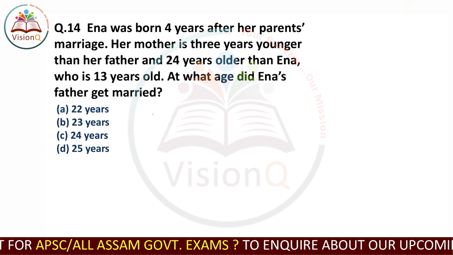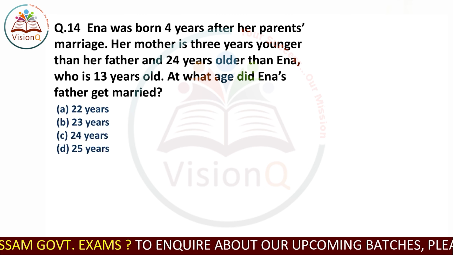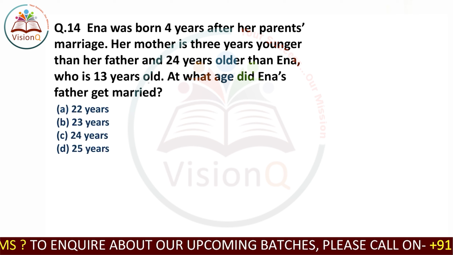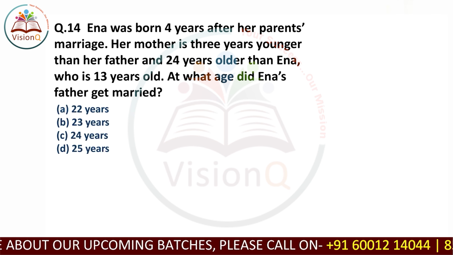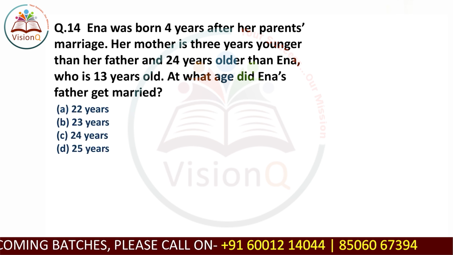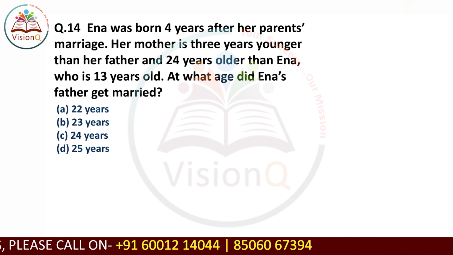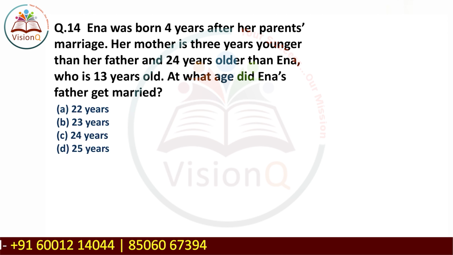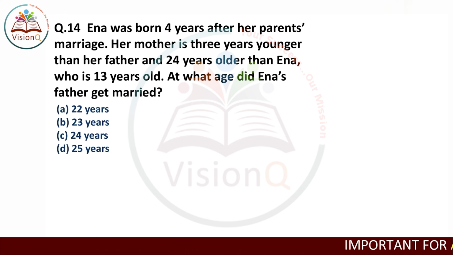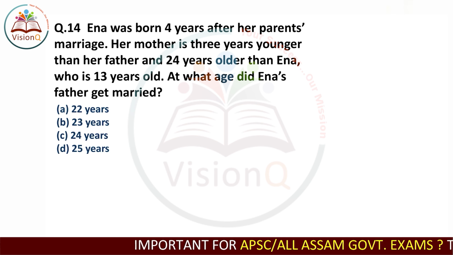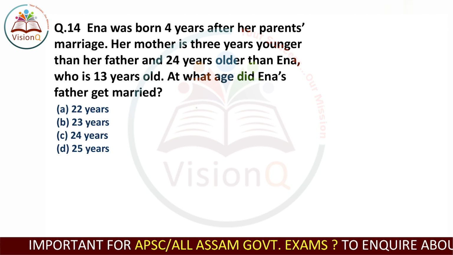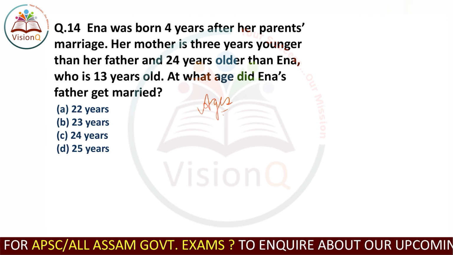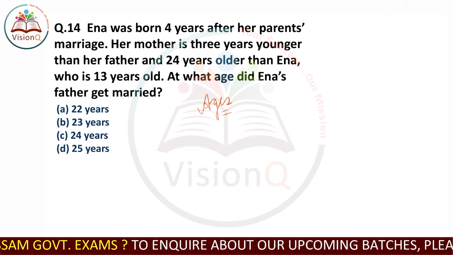A question based on the topic of problems on ages. So it says that Ina was born 4 years after her parents' marriage. Her mother is 3 years younger than her father and 24 years older than Ina, who is 13 years old. At what age did Ina's father get married? So a question based on ages topic, and it is asked to find out at what age